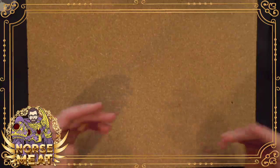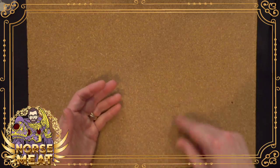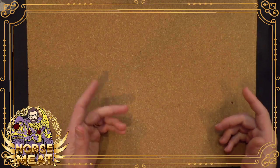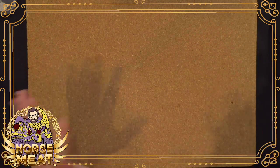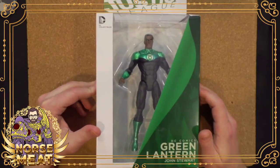But in this case, Rings should just scan planets and pick out all the best people, and then just keep a database and go right to them later. But whatever, it doesn't matter. So anyway, the alternate for Hal Jordan that ends up becoming Green Lantern when Hal Jordan is off doing other